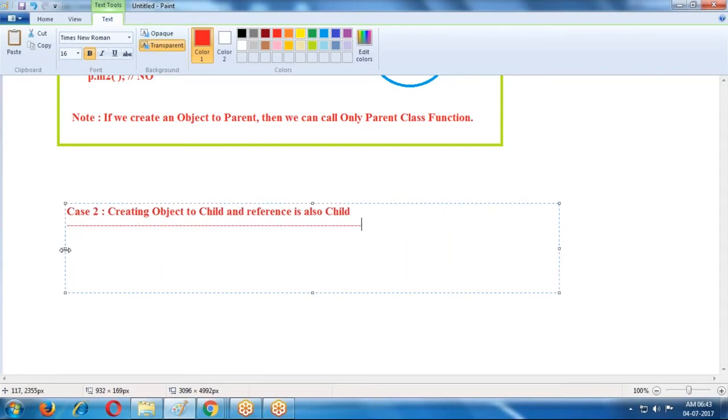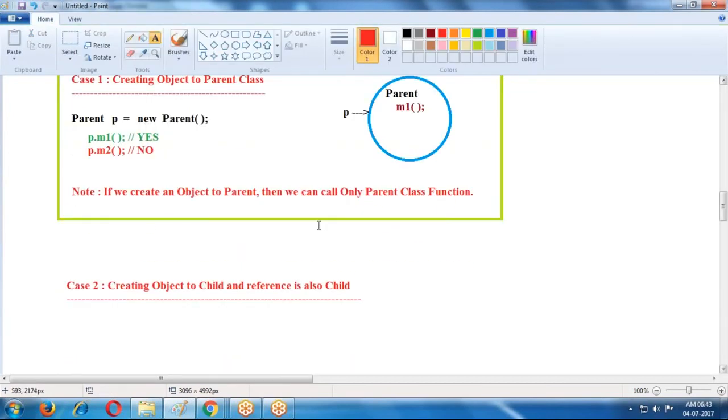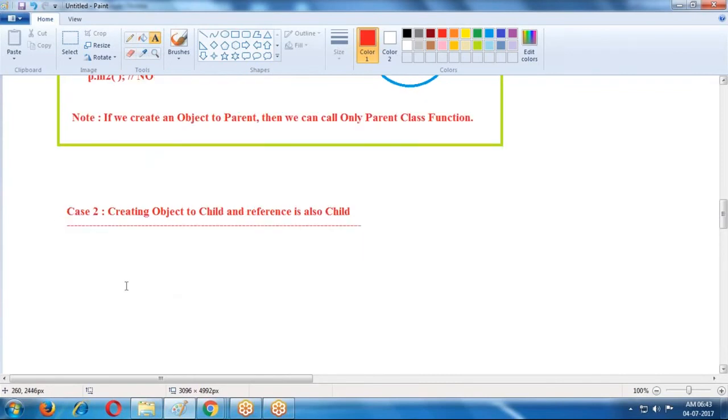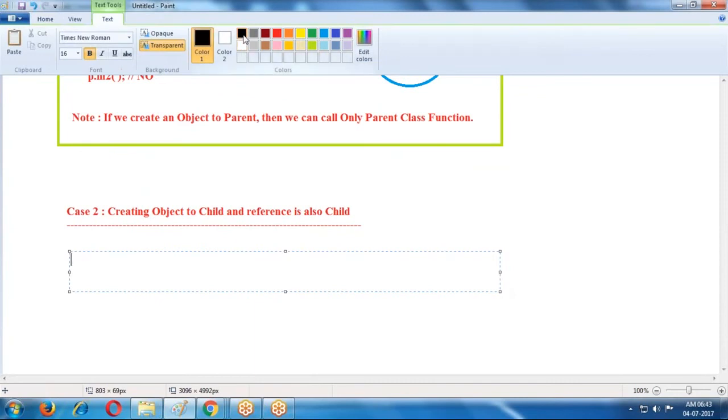The left side and right side both are child. That means now I'm creating an object to the child class.